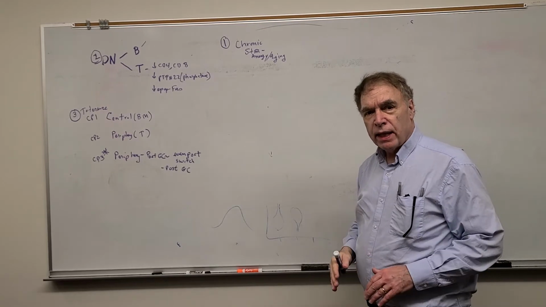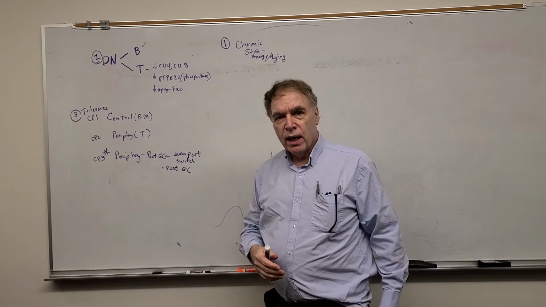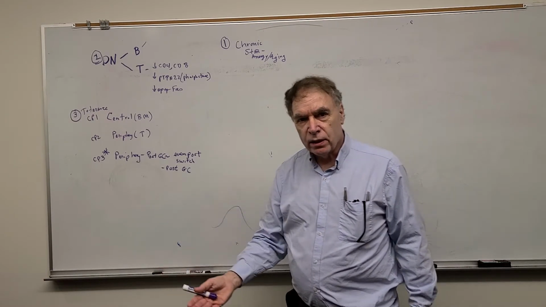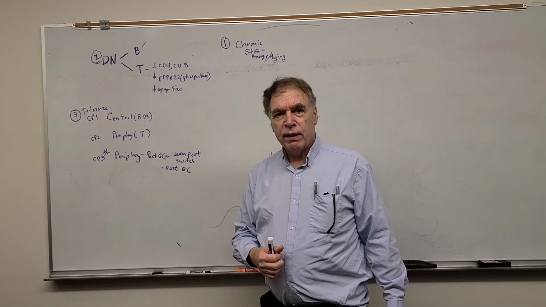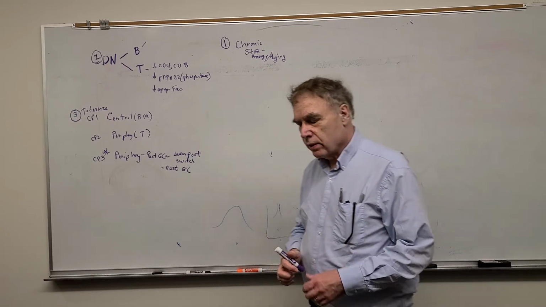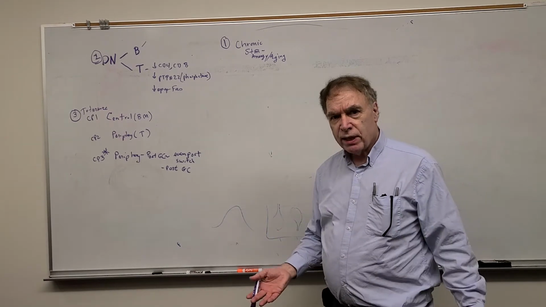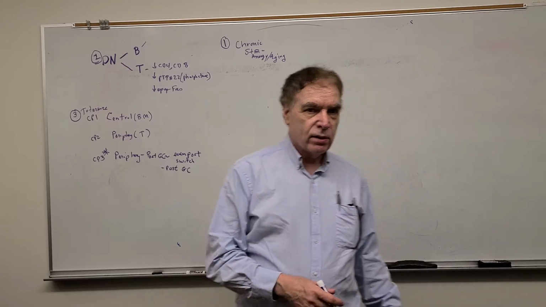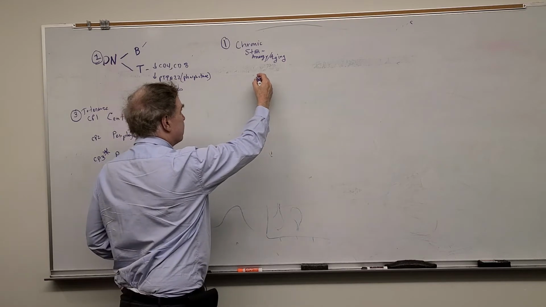Every B cell is selected on self-antigens, as are T cells in the thymus. So positive selection, then negative selection. But positive selection is the critical thing. So if they don't see self in one way or the other, they won't survive. And the only thing they have to see is yourself, because we're not infected when B and T cells are being developed. So B cells in the bone marrow